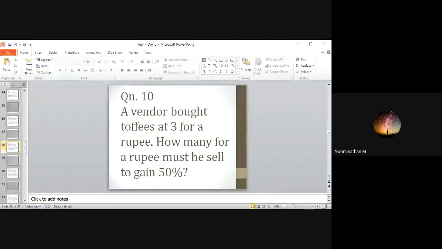I think many would have come across these situations in daily life. 1.5? How can the vendor give 1.5 toffees? It's not possible, right? 2, I think yes, 2 is the right answer. 4.5, no. Not 4.5. Okay, I will explain now.